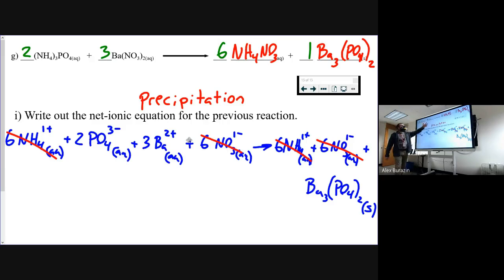The products of this reaction, again, we're just flip-flopping cation with anion, right? So these cations will just go with the other anion, so to speak, to make our products. And when that happens, I'm telling you one is solid, and one is aqueous. Now the question is, which one is which? Is the ammonium nitrate or the barium phosphate going to be my precipitate? You have a solubility chart on last year's periodic table. That's an option. Or, generally speaking,